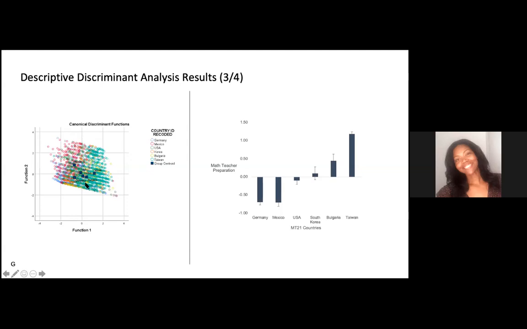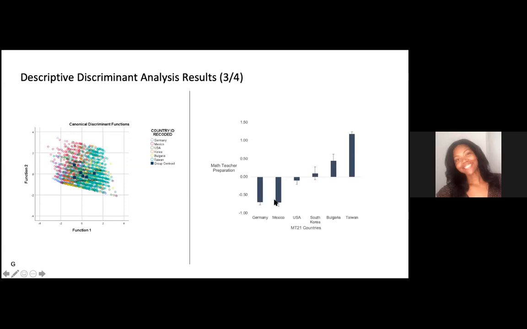But it's very hard to distinguish with all these overlapping colors. You can barely read the country names. And so all this data is represented here. On the right-hand side, I just produced this in Excel with the standardized coefficients. And the centroids here, sorry, those are also detailed with the 95% confidence intervals.